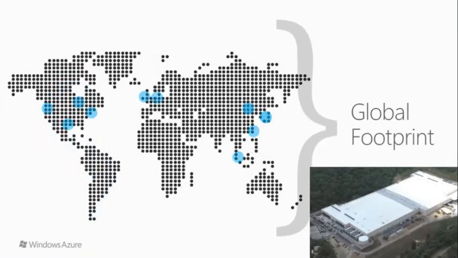So the first thing I want to talk to you about is the global footprint that we have. If you look at the blue dots here, those are the data centers that we have around the world. We have data centers in the U.S. There are 4 of them: North Central, South Central, East, and West. We also have 2 data centers in Europe and 1 in China, and we just opened up 2 in Japan as well. And there's another one in Hong Kong, which is relatively smaller. And then we have a very large data center in Singapore that serves that region of the world.